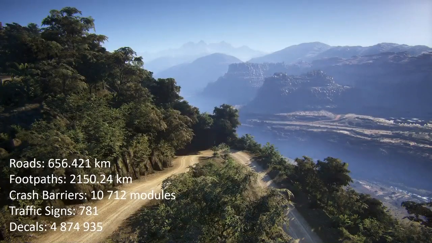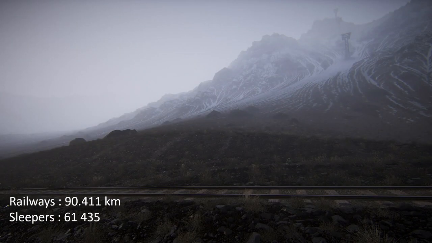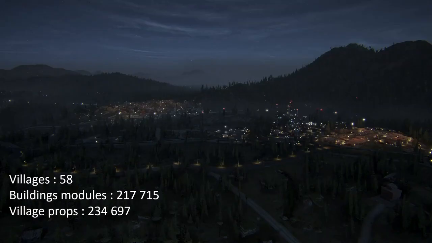We have over 600 kilometers of roads, 2,000 kilometers of footpaths, all generated. Of course, all the roads and those footpaths come with their special props, all the crash barriers, all the decals, all the signs, all the everything that needs to come with that. The same strategies apply to railways, with railways going all across the world, and everything is instancing, all placed with Houdini, of course. It's more than 400 locations on Wildlands, and about 60 of them are fully generated settlements,